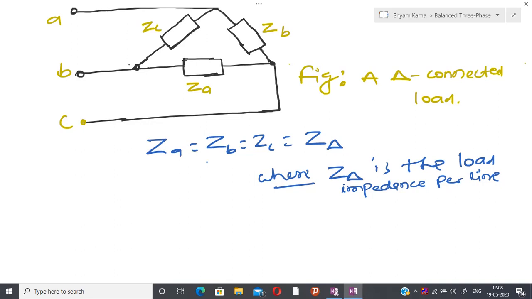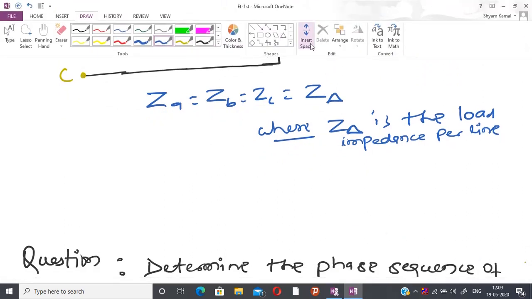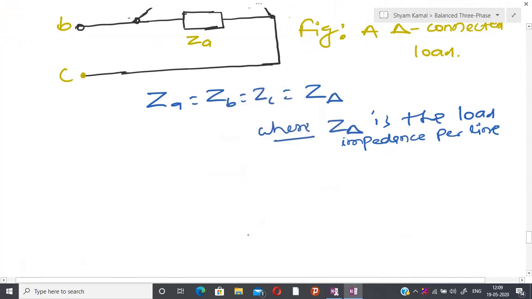So now let us come to the combination. Combination means now I have understood how to connect the source. I have also understood how to connect the load. Due to that reason, now I have four different possibilities. So let us try to see what the four possibilities are, because in the next part of this lecture I am going to talk about all the possible possibilities.